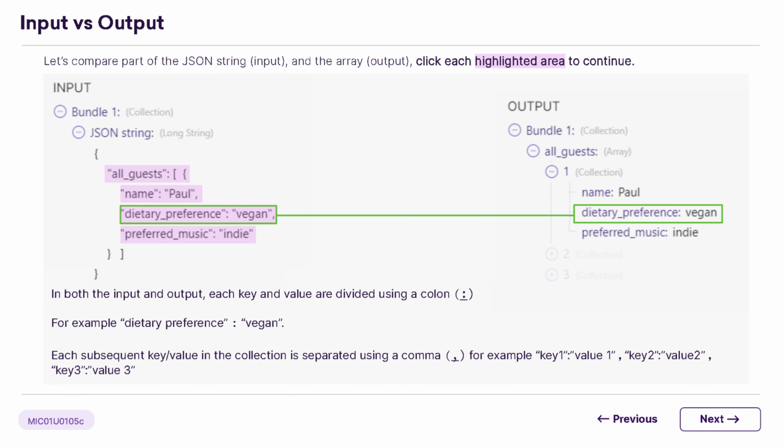In this section, we're diving deeper into how JSON strings are structured compared to the resulting array in our data output. A JSON string essentially uses key value pairs to organize information. These pairs are separated by a colon. For instance, you might see something like dietary preference: vegan, indicating that the key is dietary preference and the value